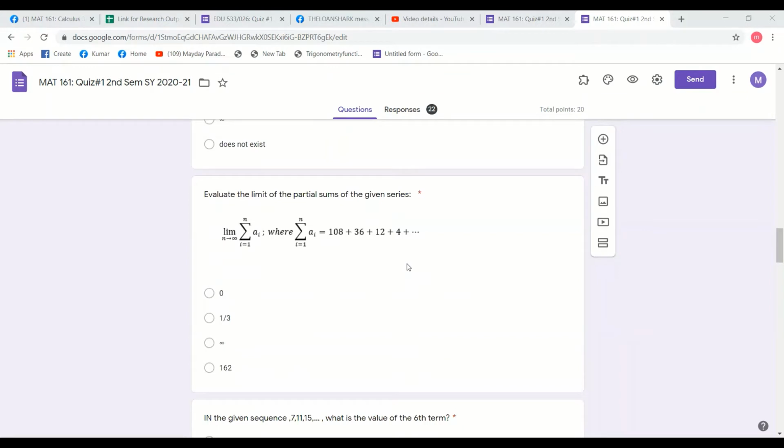Next, evaluate the limit of the partial sums of the given series. This is an example of an infinite series, particularly a geometric series. If we check the terms, we have 108, 36, 12, 4. We have a common ratio of 1/3. So we know that the formula for an infinite geometric series is a sub 1 over 1 minus r. So we have a sub 1 is 108 divided by 1 minus 1/3, which is 2/3,